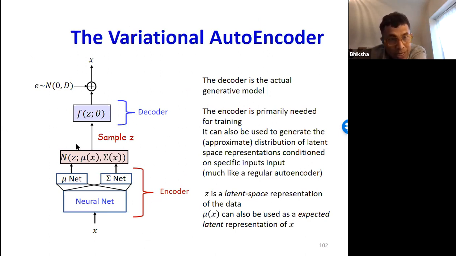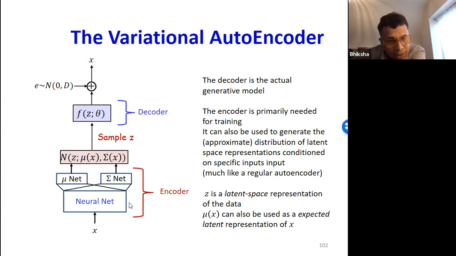The encoder is only needed for training, but you can also use it to learn the approximate distribution of Z given X once the whole thing has converged. And this value Z itself is a latent space representation of the data.